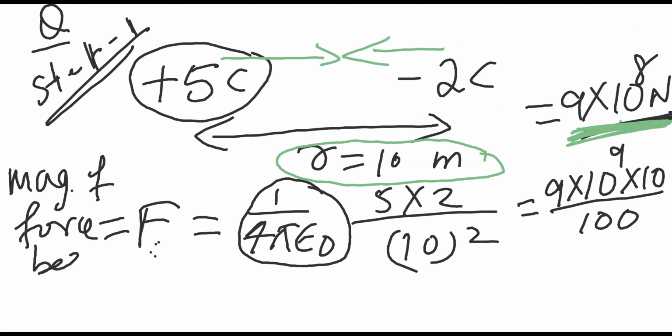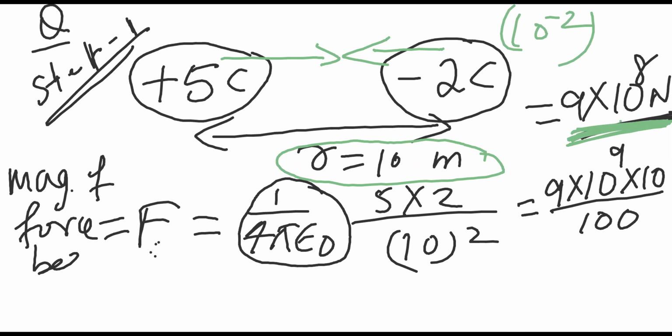Always remember to check whether the units are correct or not. R was in centimeter. If so, then 9 into 10 to the power 4 will come, not 8. Actually 12 will come, because you have to add the exponents. So please take care. If everyone has written centimeter, please convert to meter. So R equals 10 meter.